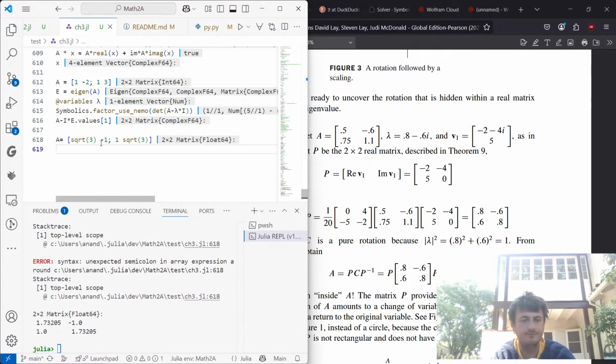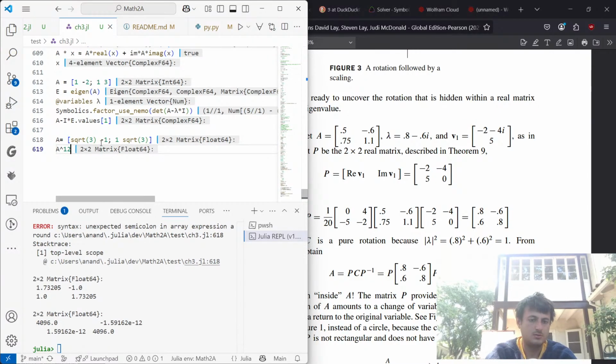Okay, so but I thought it was a pure... Oh, it's not. This one's not a pure rotation because